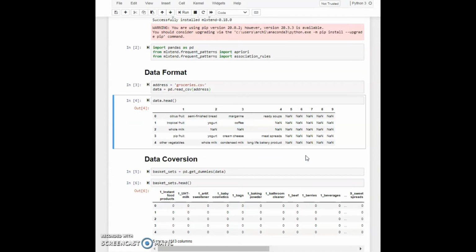Now this data needs to be converted to the sparse format so that the apriori algorithm can work on it. So we can convert our data by using the get_dummies function from the pandas package and then implement one-hot encoding. You had seen one-hot encoding back in lecture 1 also, where we had converted the male and female values to 0 and 1.